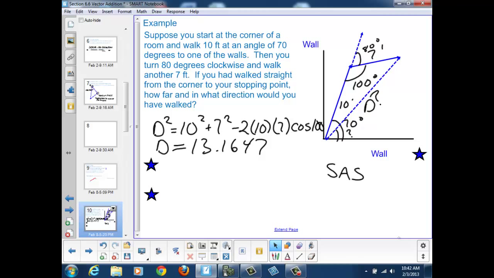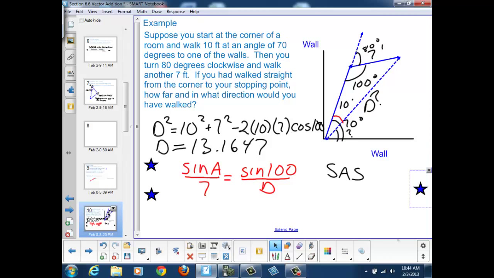Now, the angle that we can solve for originally here would be this angle inside the triangle. And if we use either the law of sines or the law of cosines now, we can solve for that. Let's set it up. We would say that the sine of the red angle, let's just call that A, over 7 would equal the sine of 100 over d. Now if we solve for angle A, that should give us a measurement of 31.5772